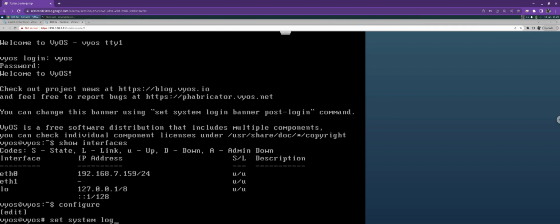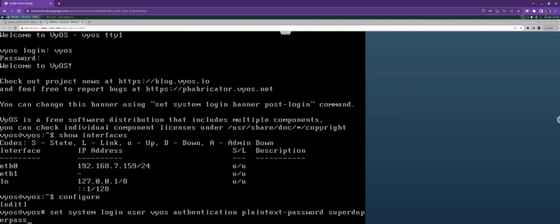So set system login user BIOS authentication plain text password, and then super duper password goes here, right? That would be the password. And there's other ways to use SSH keys if you want to, but I'm going to do that on my own later. But I'm going to continue on with getting this box up and